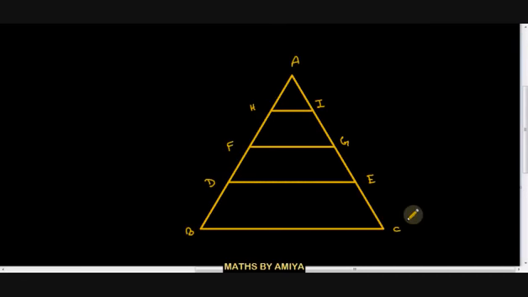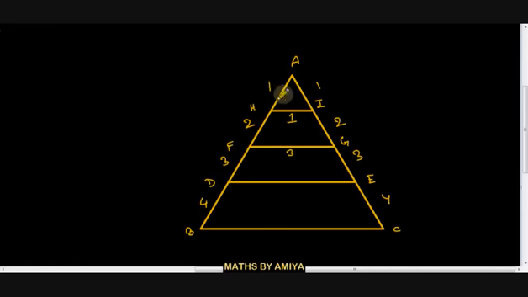We have triangle ABC in which all the bases are parallel, and the ratio of AH to HF to FD to DB, assume this is 1:2:3:4. We have the ratio, so we can say this ratio should also be 1:2:3:4. By similarity, the smaller triangle to the bigger triangle should have the same ratio. The smaller is 1, the bigger one is 3, so the base is nothing but 1:3.